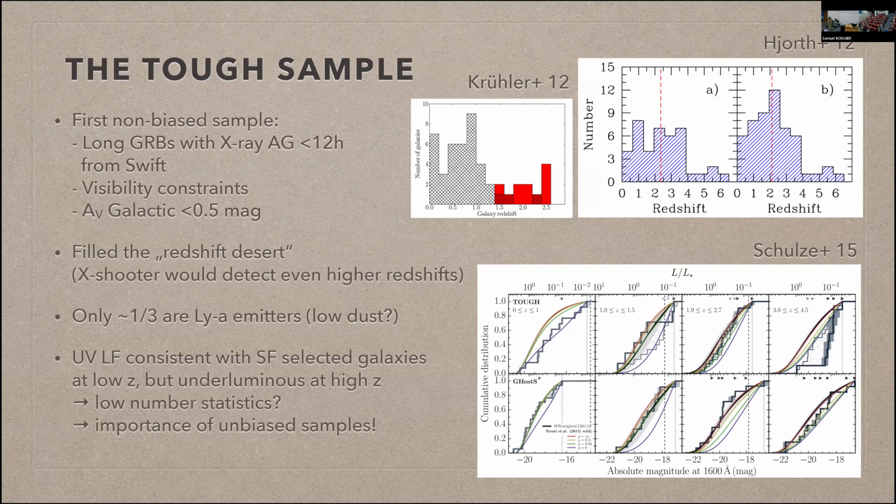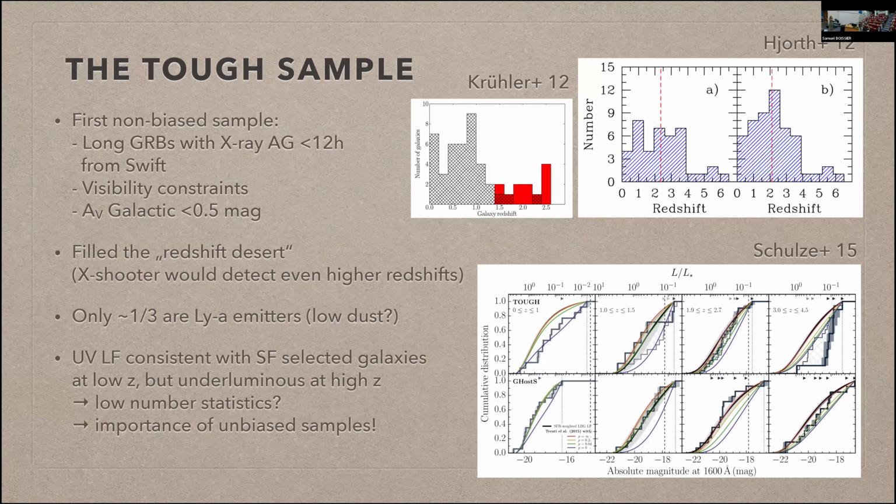Another result was that only a third were Lyman alpha emitters, possibly due to low dust, and that the UV luminosity function is consistent with gamma ray bursts selecting galaxies according to star formation, especially at low redshift. But they are kind of underluminous at high redshift, although I think that was back then an observational bias, because as soon as we go up to redshift beyond 4 or 5, it gets very